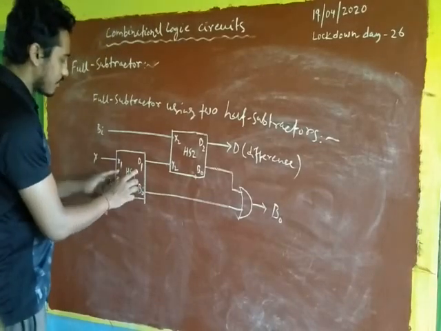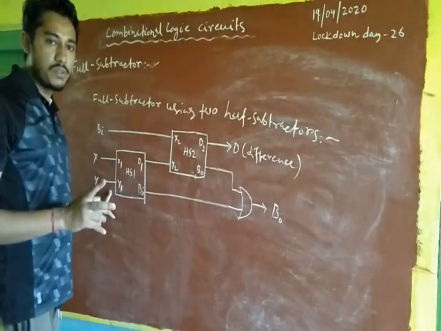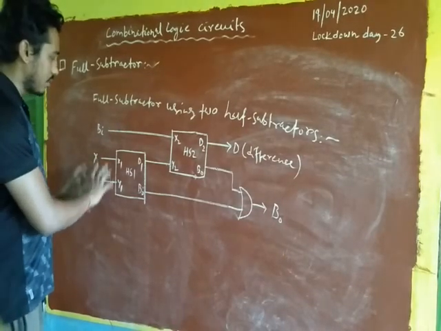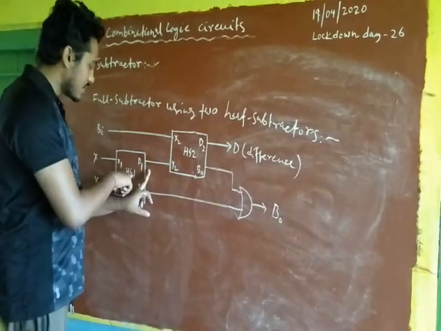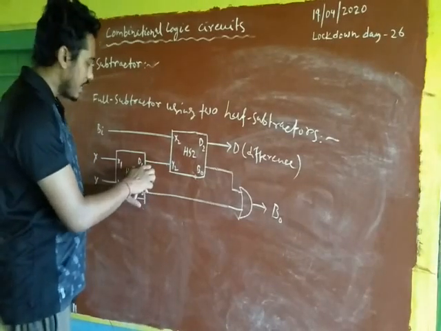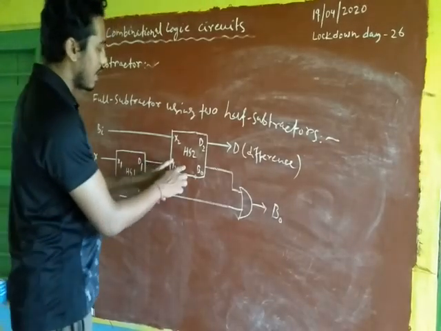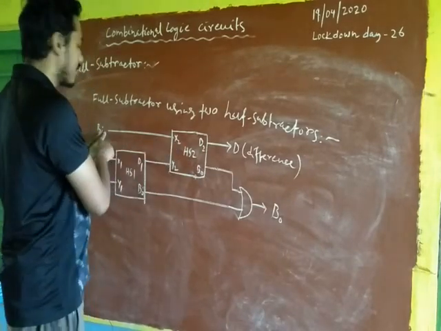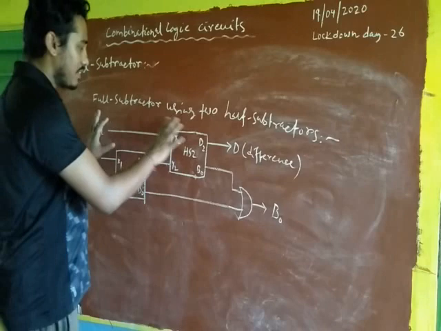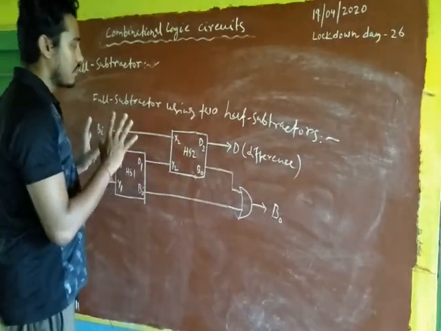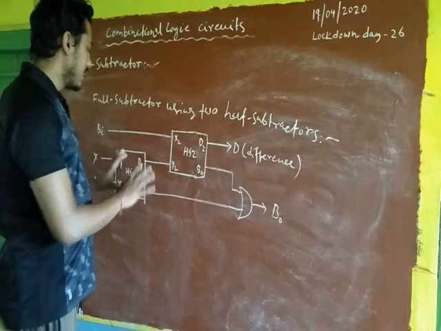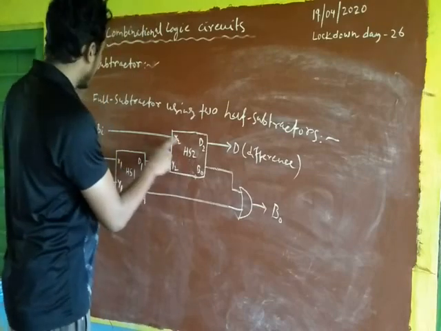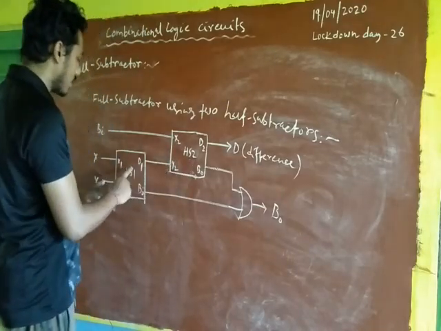Okay, so here the half subtractor 1 has two inputs only. So minuend and subtrahend, it is given X and Y, X minuend and Y subtrahend. Okay, and this is the output of half subtractor 1, represented by D1. Now this output of half subtractor 1 is one input of half subtractor 2. And another input of half subtractor 2 is nothing but the borrow input. Now this diagram is almost the same as the full adder circuit using two half adders. So for half subtractor 2, one input is BI and another input is coming from the output of half subtractor 1.